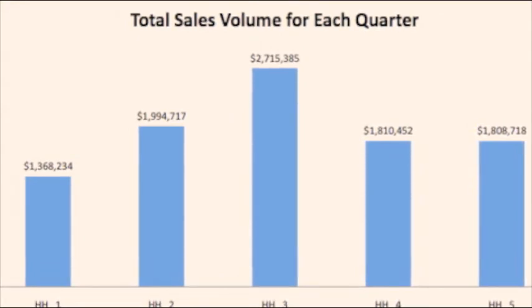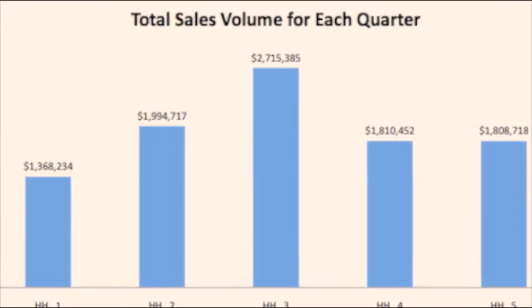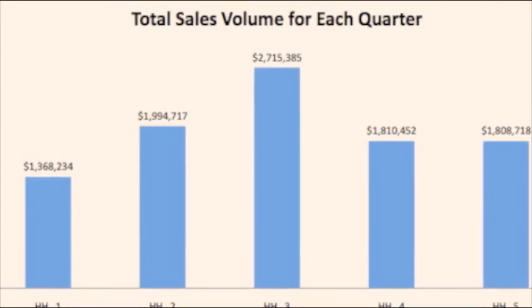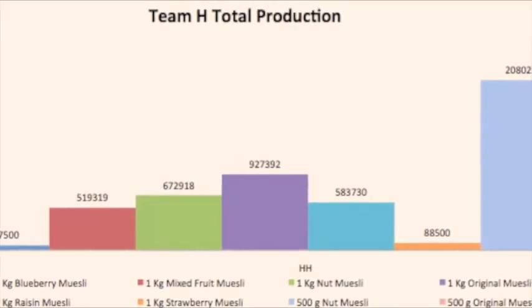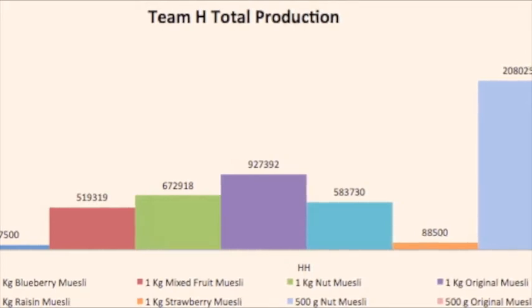We covered net income and sales to give you a general idea of our progress through the simulation. We will move into the production portion of our presentation, where we will cover which products we produced, how many of each product, and why we produced each product. We will now show you 2 graphs that show the total production of each product and the production of each product per quarter. The first graph, as you can see, shows the total amount of each product we